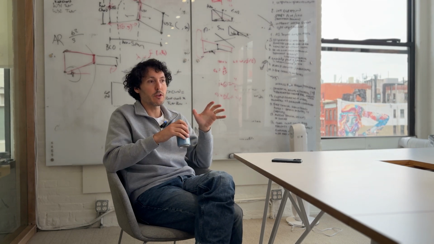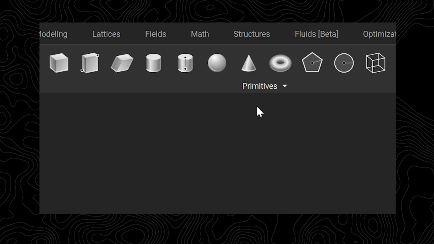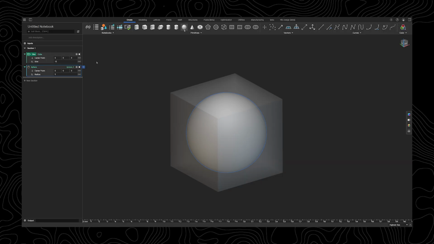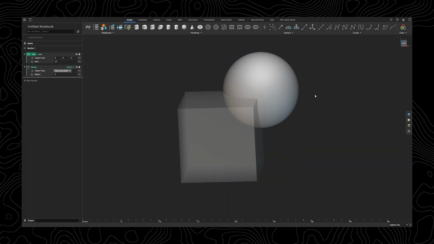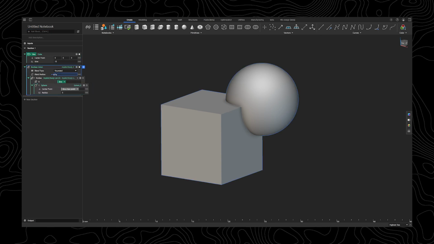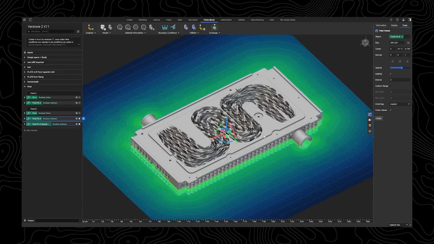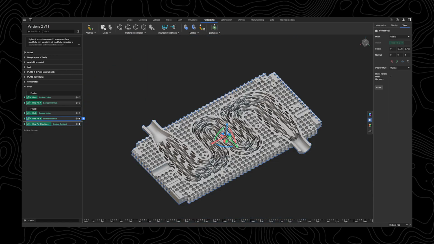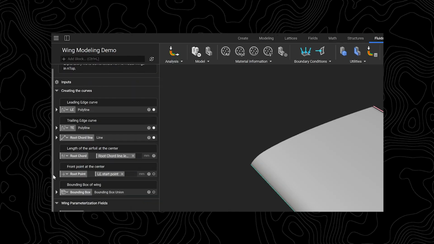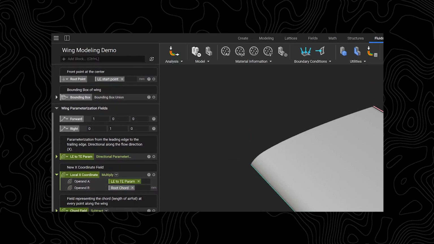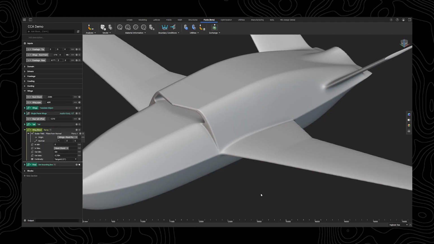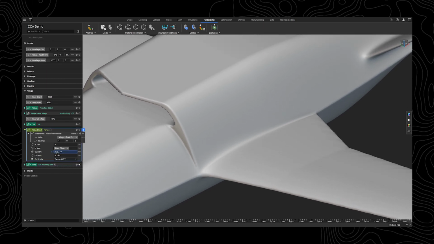The advice I would give you as a new user to nTop is to think of nTop like you're building a program, and the 3D geometric solid model that comes out is the result of that program. So you're building in a set of logical operations to construct that model. And the more you can lean into implicit modeling techniques for constructing those geometric objects, how you fillet and blend, how you parameterize a two-panel wing, how you generate a wing from a set of airfoil profiles, how you generate lofted surfaces,